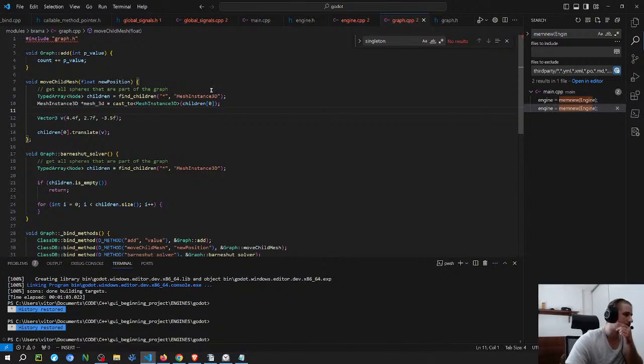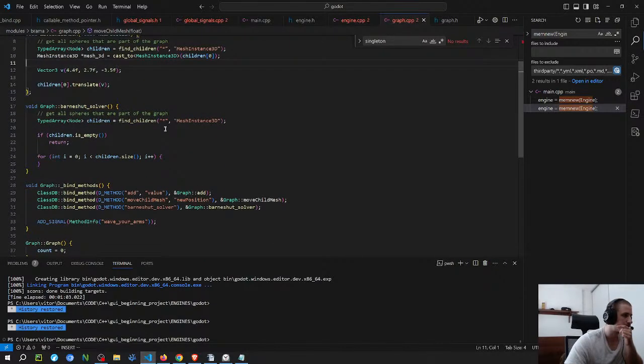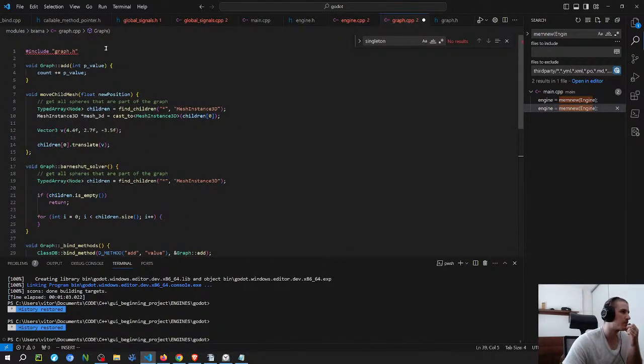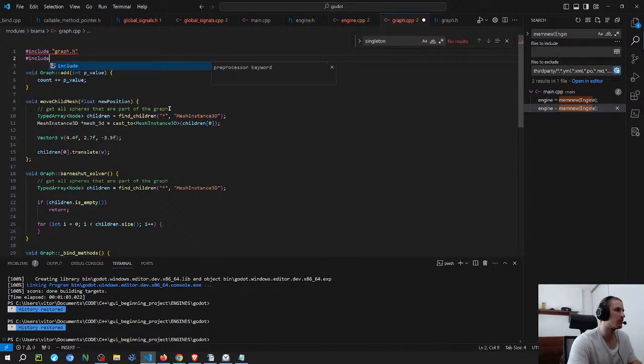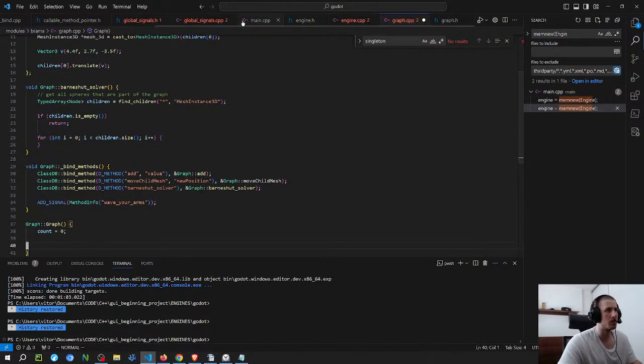So let me think about this. Oh yeah, I was gonna connect, so I have to connect here. It's gonna be core objects, global signals. Then here, the way I wrote down there.